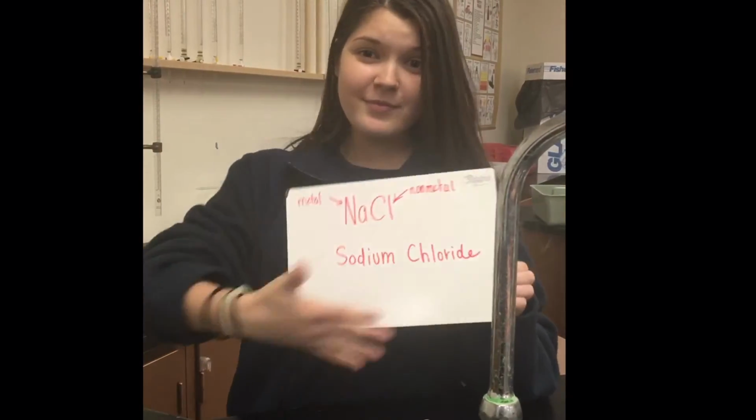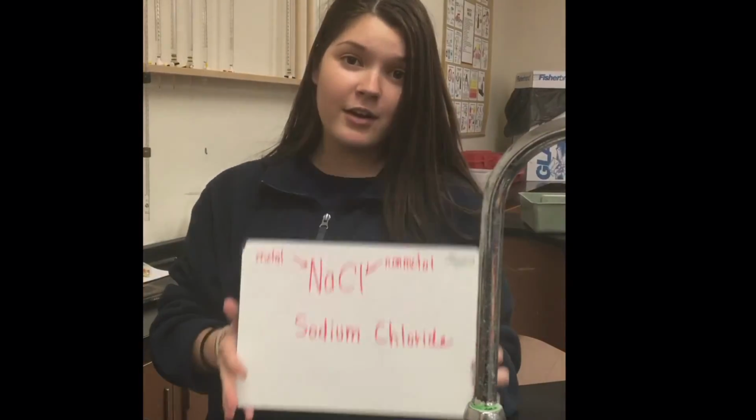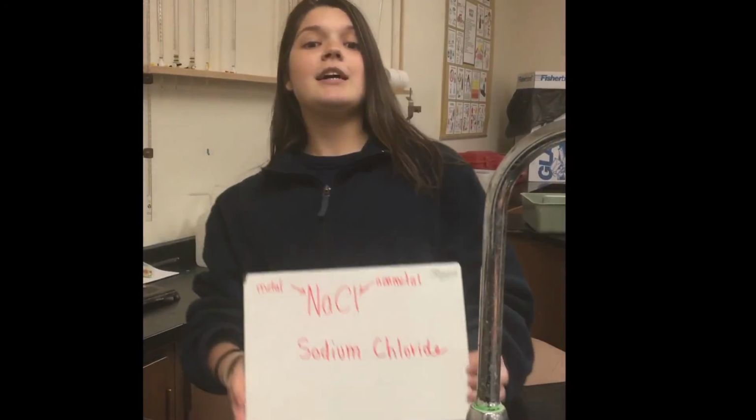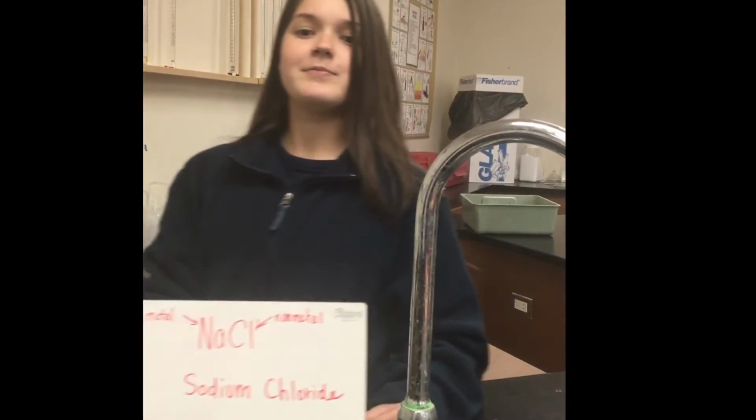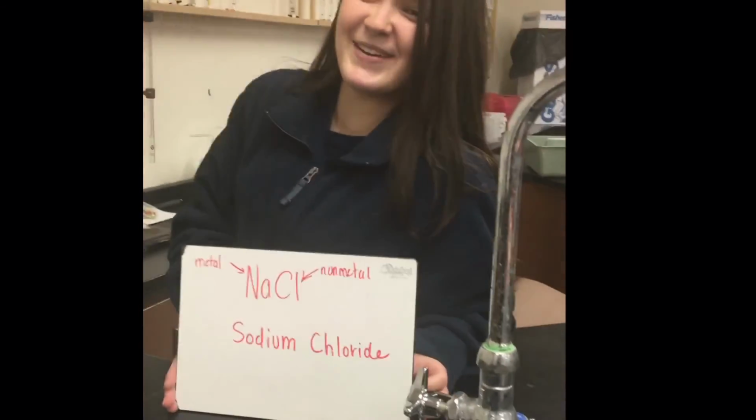Hello, I am here to educate you on ionic compounds. Exhibit A. An ionic compound is a compound that is made up of an ionic bond, specifically a metal and a nonmetal together. The chemical formula for an ionic compound